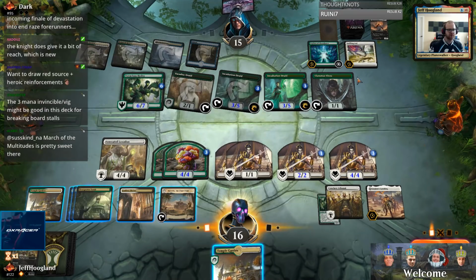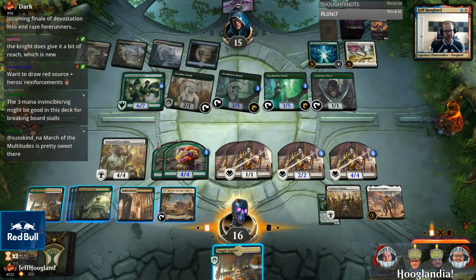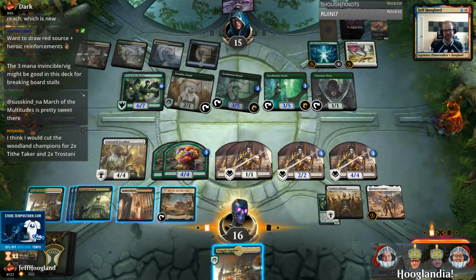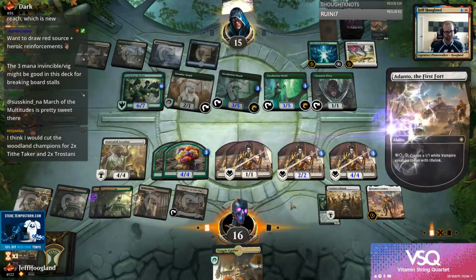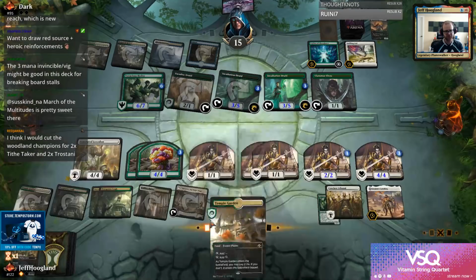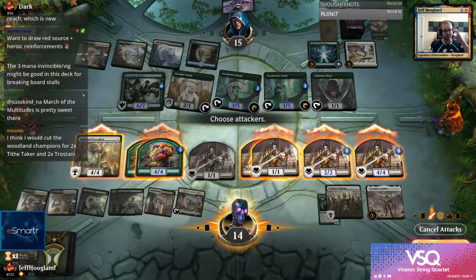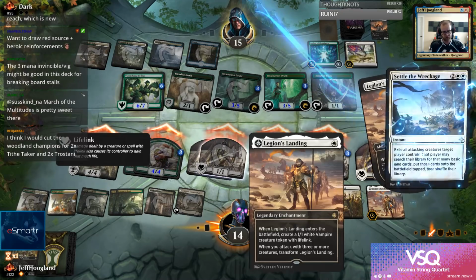If I attack with everything, they'll eat a 4/4, they'll bounce with a 4/4, they'll take 4, 8, 9, 10, 11, 12. They could possibly chump a 4/4 and take 8. So I'm basically trading a 4/4 for 8 points of damage and a Land War Elf. I think that's a good exchange for me. So I'm going to go ahead and activate this Adanto first fort. And then I'll shock this in before we attack with everything, because attacking with everything is going to flip this other Legion's Landing over. And they're legendary. So when,